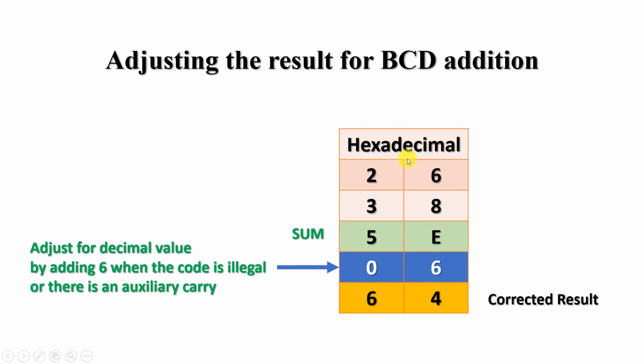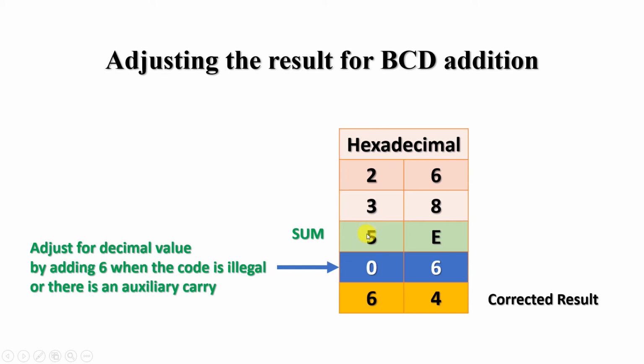So if there is a carry from this stage to the next stage, then also you have to add 6. If you add 6, then the code will be corrected automatically. So 6 plus 8, that is 4, and there is a carry, and 3 plus 3, that is 6. As a result, you find that this corrected result can be generated by just adding the 6. Similarly, if there is an illegal code over here or there is a carry, then you have to add 6